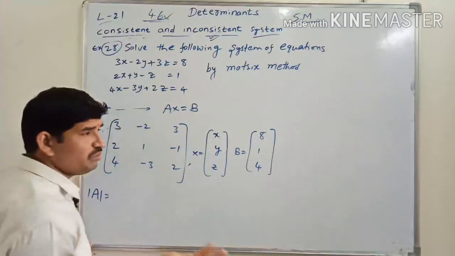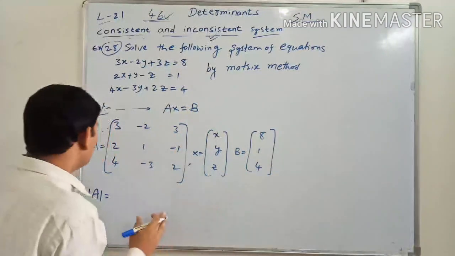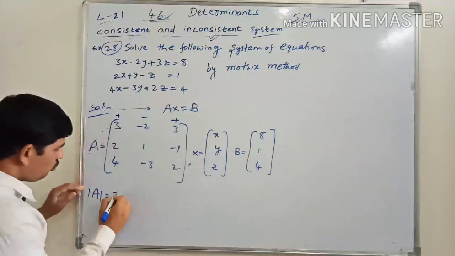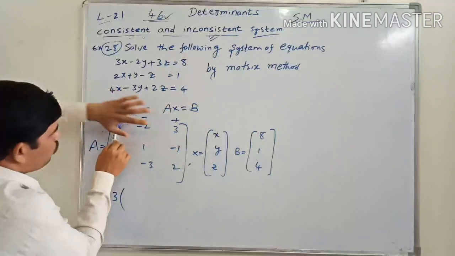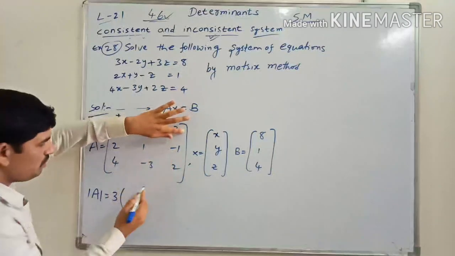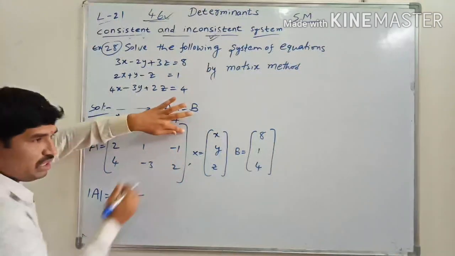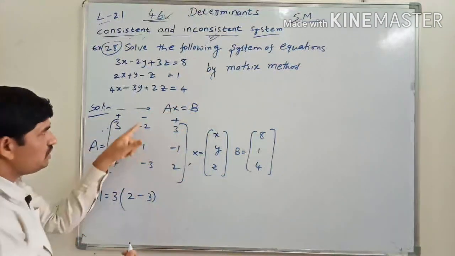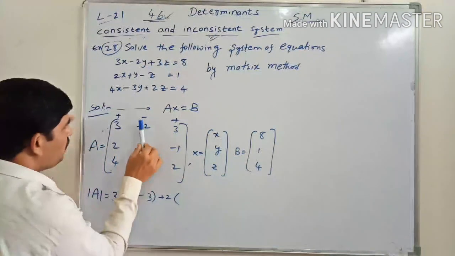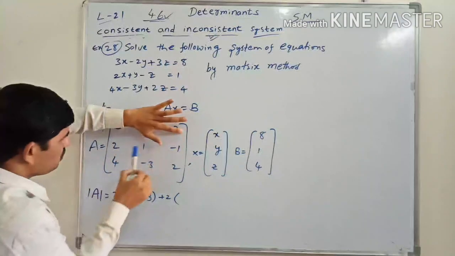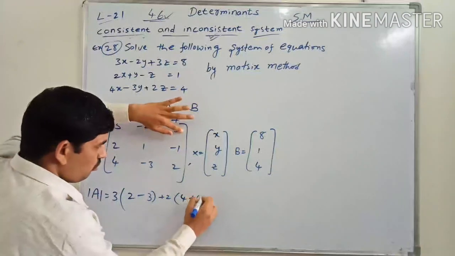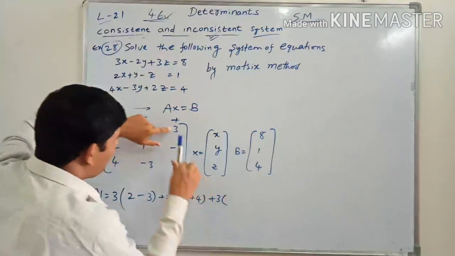We know how to find the determinant, because the chapter is determinants. First we write plus, minus, plus. So plus 3 into, we write the 3 here and close the row and column of it, first row, first column. Whatever the left out values are, make the cross multiplication: 1 into 2 is 2, minus, minus into minus is plus, 3 into 1 is 3. Next, there is already a minus sign, so minus into minus is plus 2. Again close the row and column. 2 into 2 is 4, in between minus, 4 into minus 1 is again minus, meaning plus 4. So plus 3 into, we will write here.